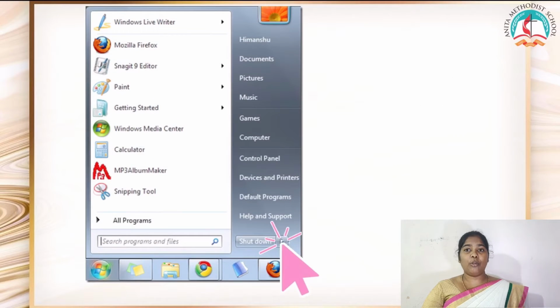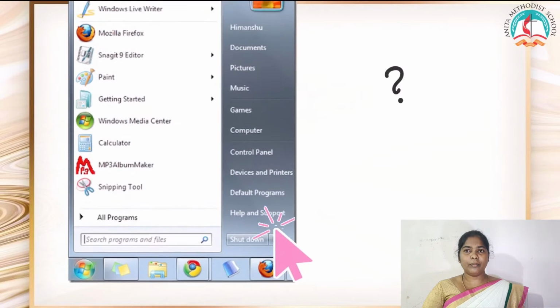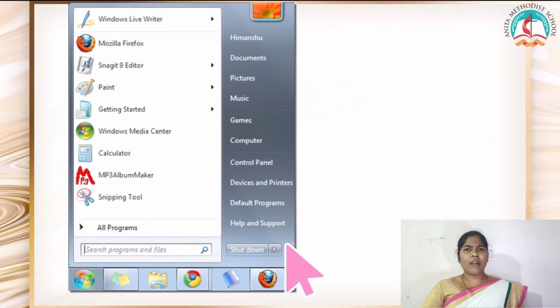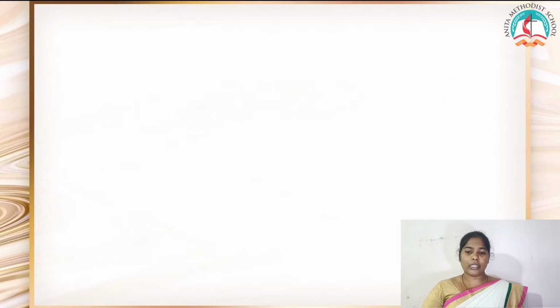This one is shutdown. After completing your program, if you want to shut down your system, you will go and click this icon. This one is help and support. From the name, if you have any doubt regarding our application and want any help, when you click help and support and search, the particular details will be given to us.